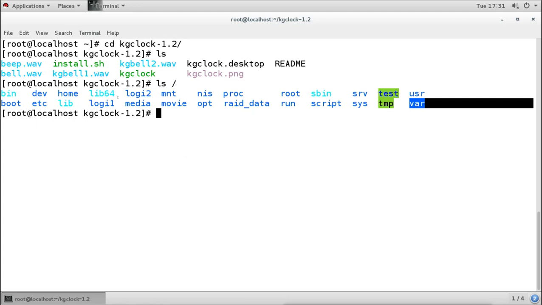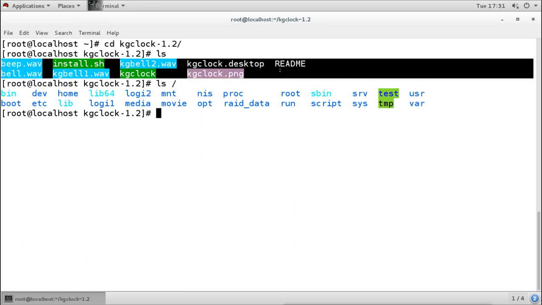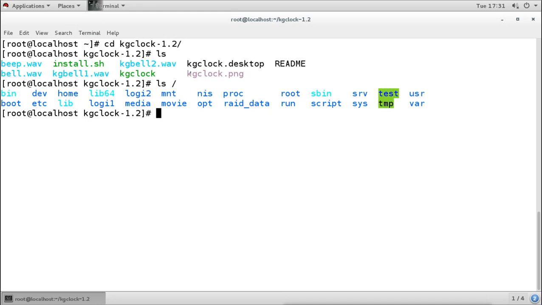Now what we have here is that we don't have any RPM or deb file. What we have here are some files. We have some script files, some binaries, and some executables, which are shown in this green color. This is one of the scripts, and it is .sh, written in Shell language, and it is called install.sh. That means this is the script we use to install this software.